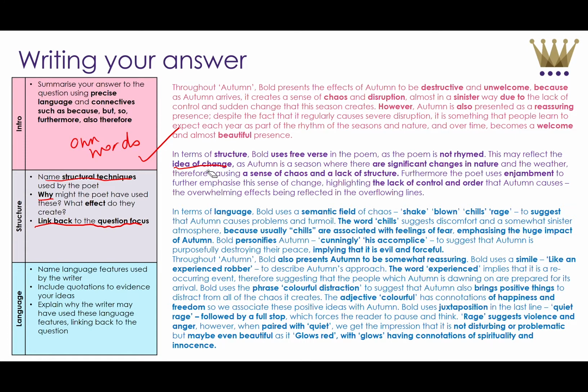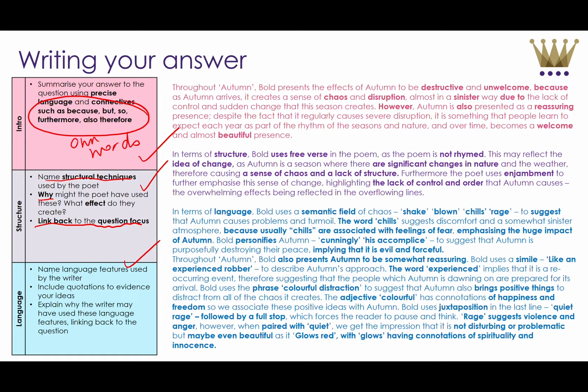So you can see my paragraph on structure is not very long, but it's got everything that it needs to include. And really importantly, you're seeing in my writing lots and lots of these: because, but, so, furthermore, therefore. And you can also see things like this may, this might, that shows I'm really considering and thinking about the poem. Finally, I've written my longest paragraph about language because I've got the most notes about that,